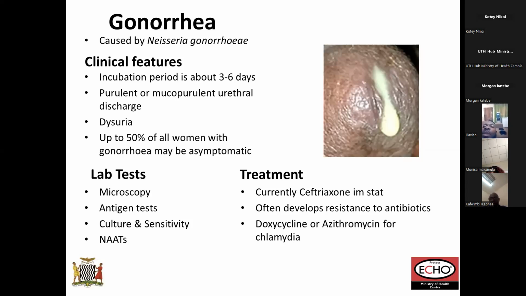Treatment: you can give a third generation cephalosporin. Usually ceftriaxone is widely available, but there's also oral cefixime, another third generation cephalosporin, but mainly ceftriaxone and cefixime. It often develops drug resistance, as I've said. But as you treat gonorrhea, it's always good to treat for chlamydia as well, because there usually is a co-infection, or it can be one or the other. The discharge may not tell them apart, or sometimes one may have both organisms.